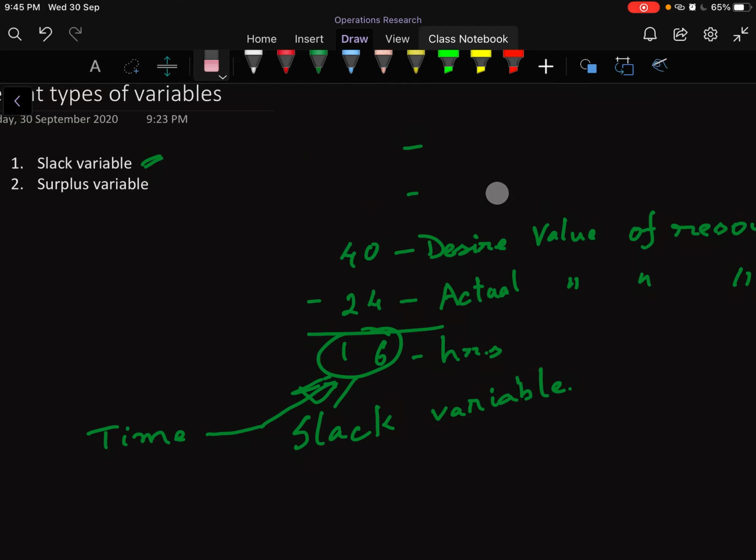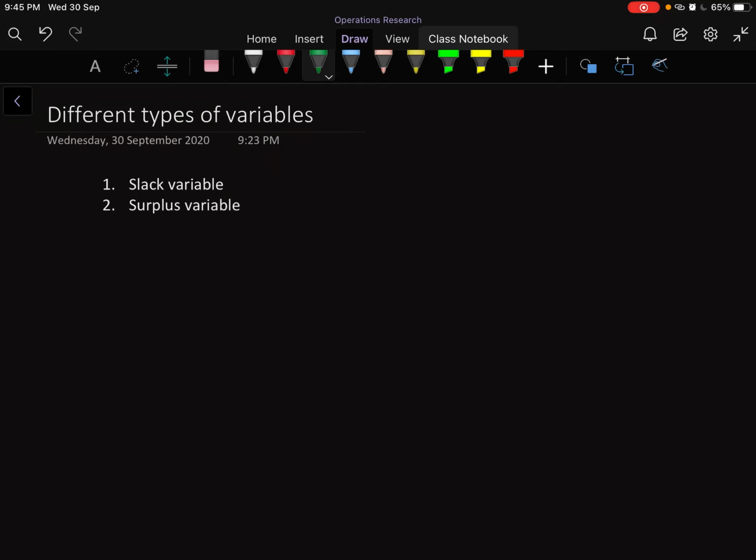On the other hand, surplus variables represent those variables which deal with the amount of resource that is actually available to us, but we cannot utilize for one reason or the other. Let's take the same example of time of a particular day, and let's try to understand what a surplus variable is. See, in one day